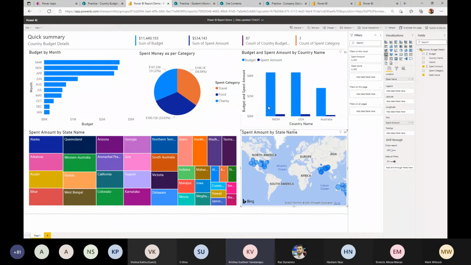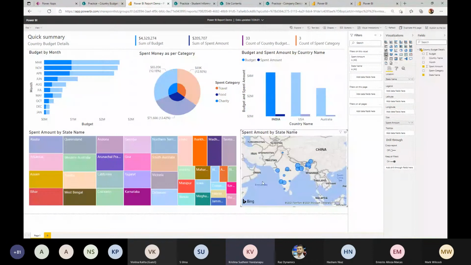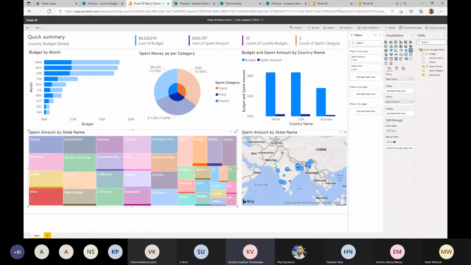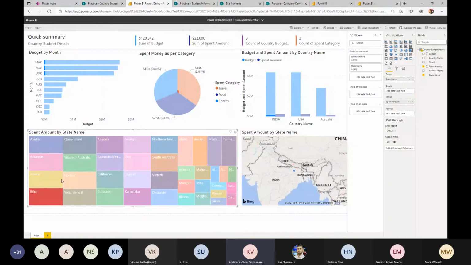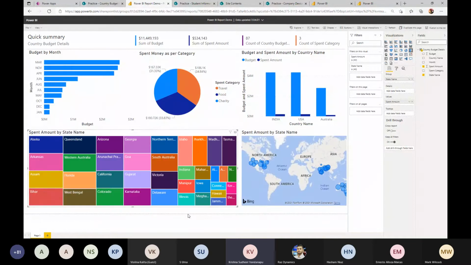When I just select that, it automatically drills down to the country. And when I just select Bihar, it further drills down to that level. So this will give a visual impact to the user when they are running the report. Now I'm happy with my report. Now what I am going to do is I'll say save,